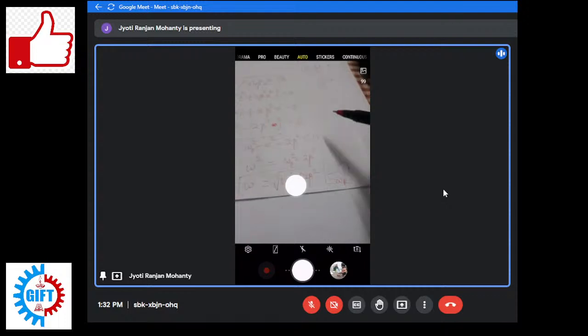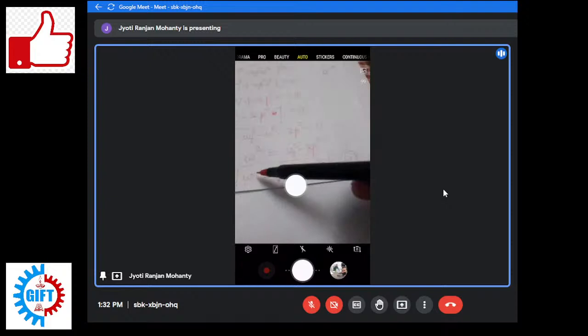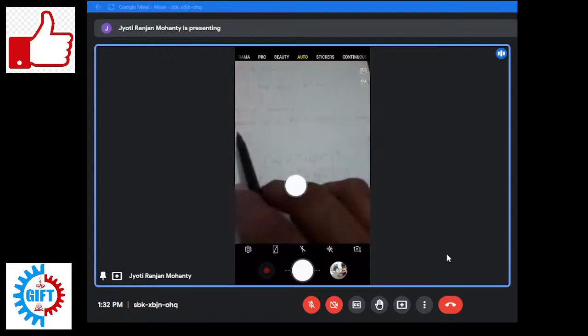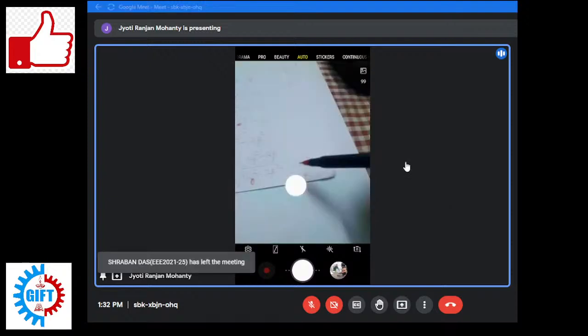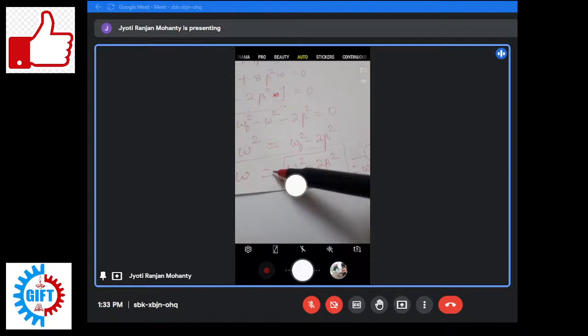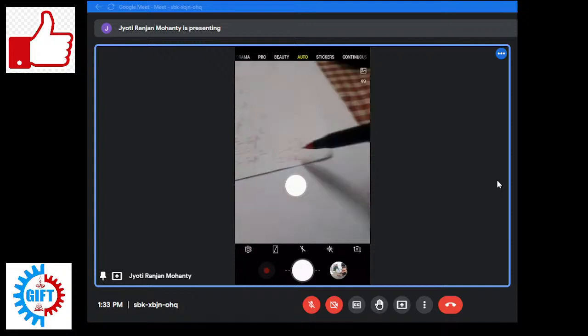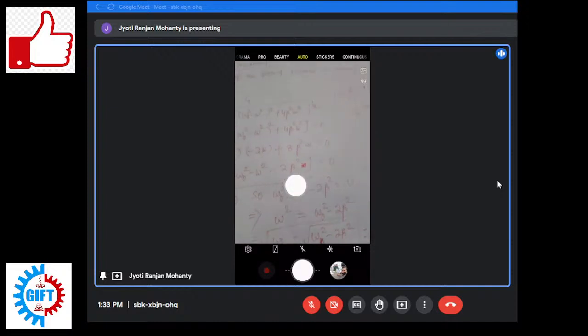Because at this frequency resonance occurs. Resonance occurs means amplitude is maximum. So there will be no wrong if I substitute omega r. So omega is equal to the square root of omega naught square minus 2 beta square, which is equal to omega r. It is equation 1, where omega r is known as